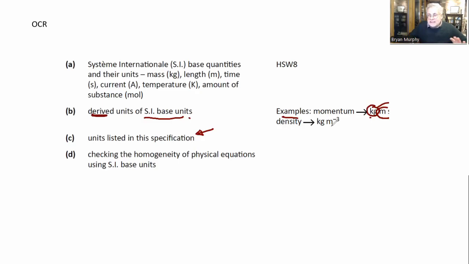Or there's density, kilograms per meter cubed. But this is the beauty, a nice one that OCR have hidden away. They say checking the homogeneity of physical equations using SI base units. That formula we have just seen is a beautiful one for checking the homogeneity of physical equations. And what that means is,